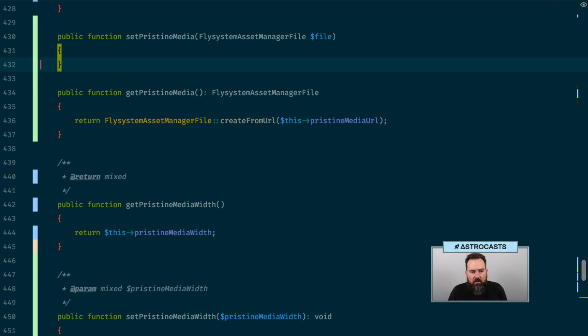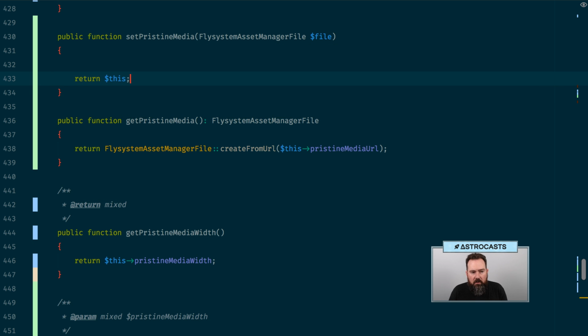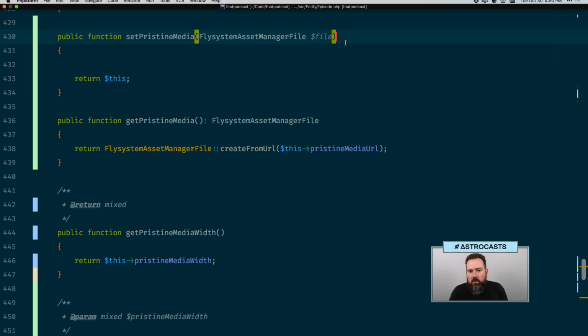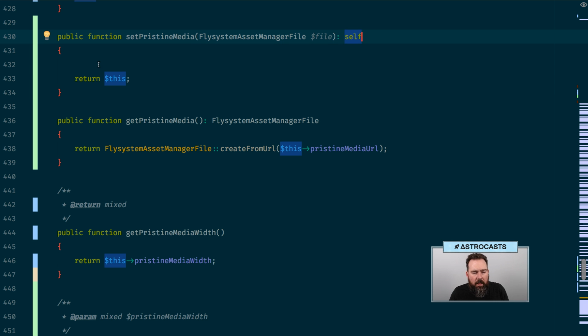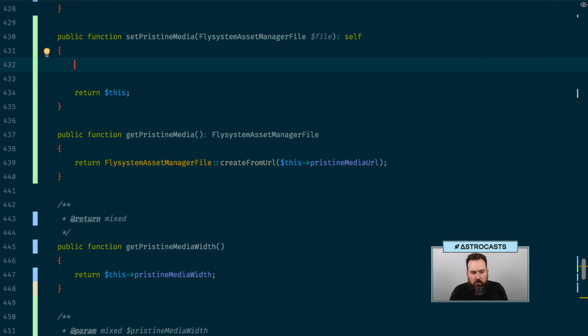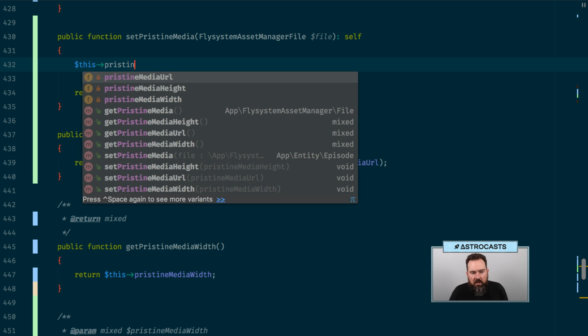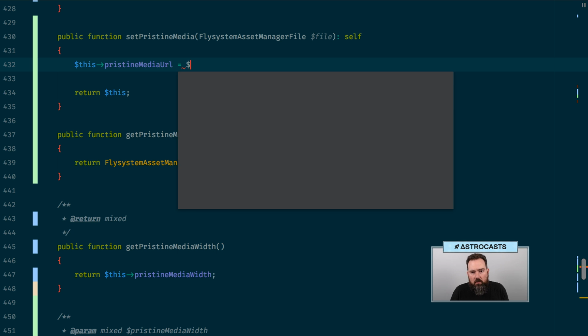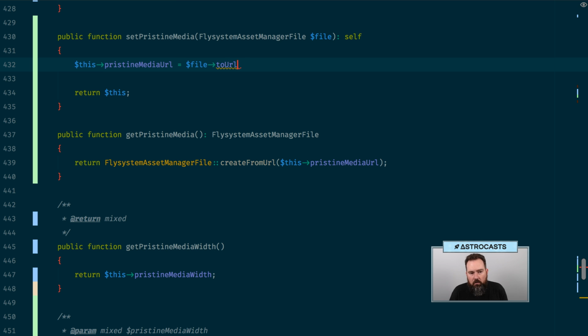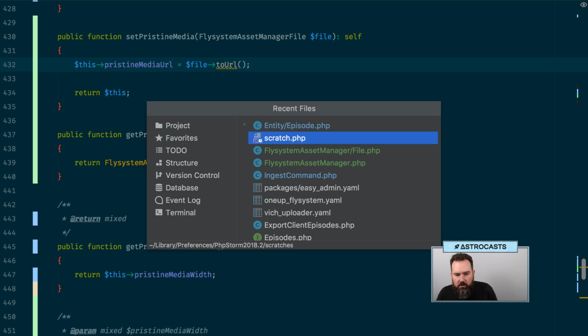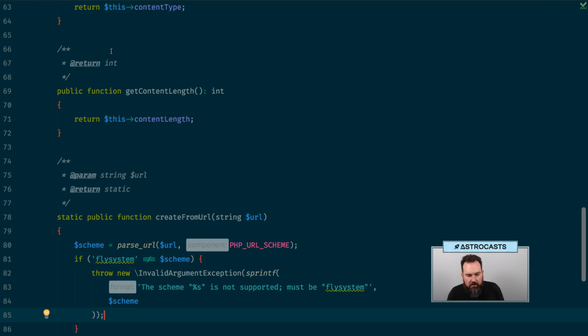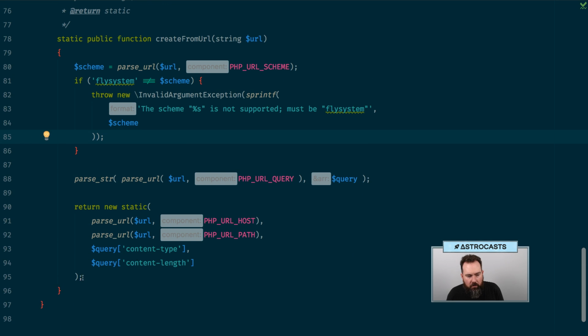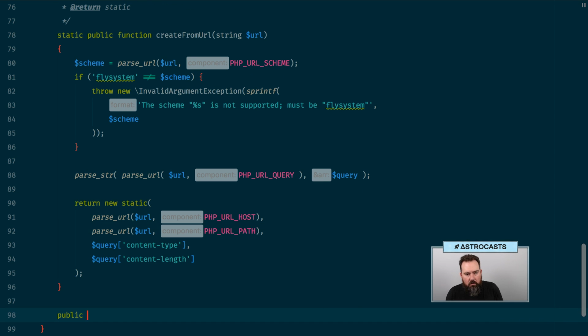All right, so we're going to be passed a file in this case. Let's turn this self, and we'll do this Pristine Media URL equals file to URL. So now we're going to go back to our file command. Turned out we did need this, so we'll do it right now. To URL,